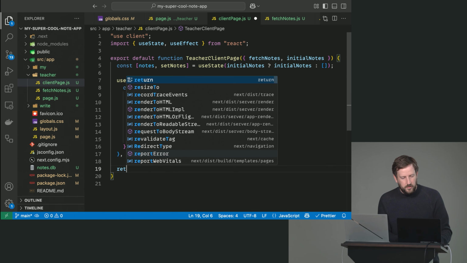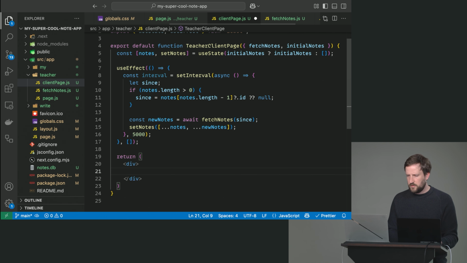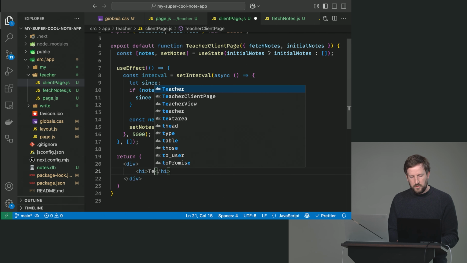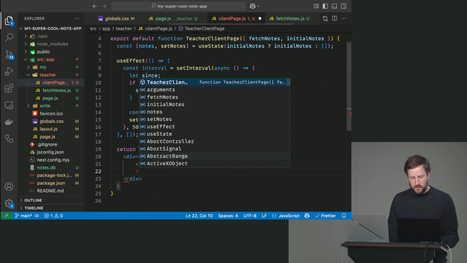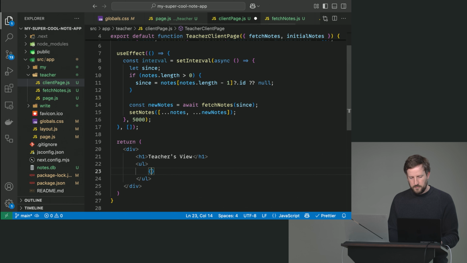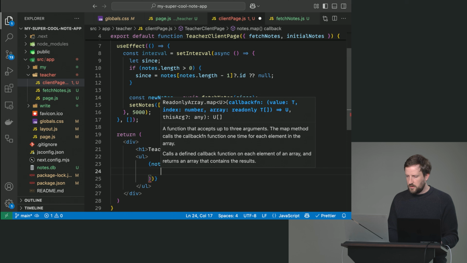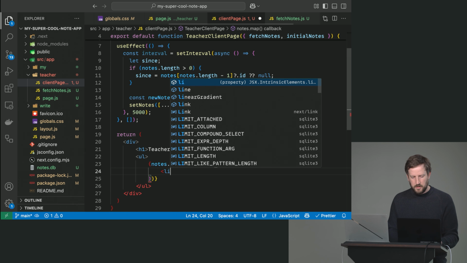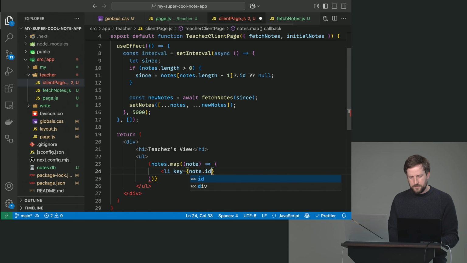Okay, and now we're just going to say return, and just do a little bit of markup here. Div, h1 Teachers View, and we're going to do a ul, and we're going to do notes.map note, and we're going to return here an li with the key equal to note.id,